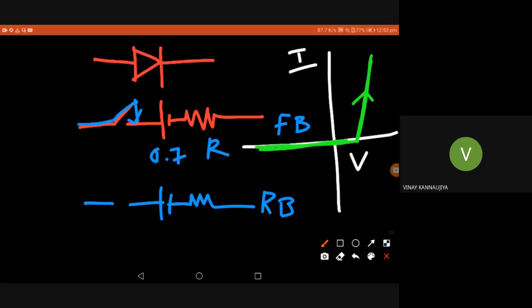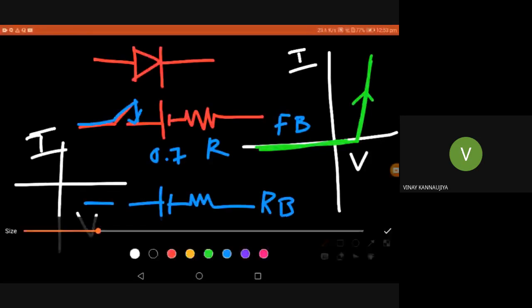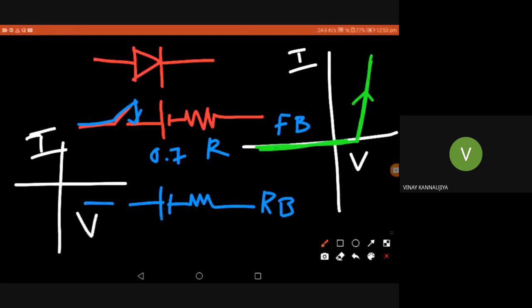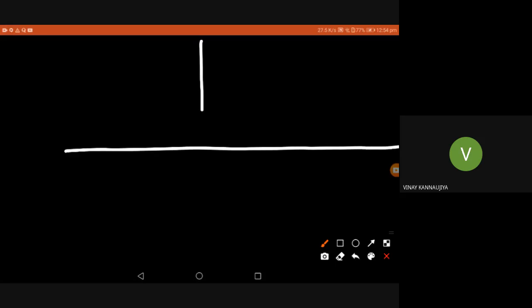But resistance is linear. Whenever we plot the graph of resistance, we know that it is linear. This is I, this is V. How will you plot the resistance? It will be something like this. As V increases, I also increases. As V decreases, I also decreases linearly. So resistance is a linear device. Diode is a non-linear device. Now, what is the real graph? Now we go for the real graph. Practically, or non-ideally, we have a